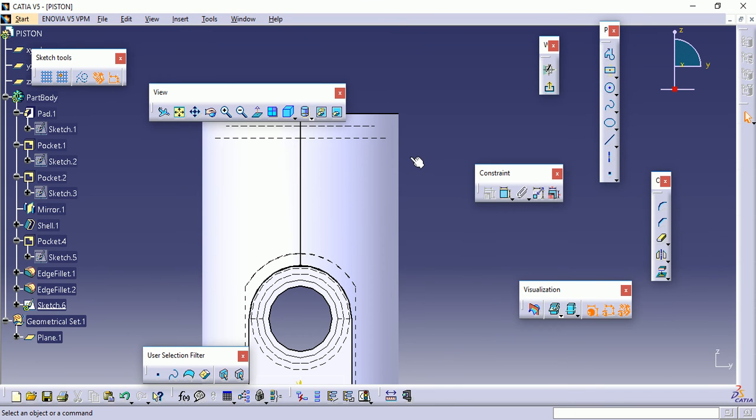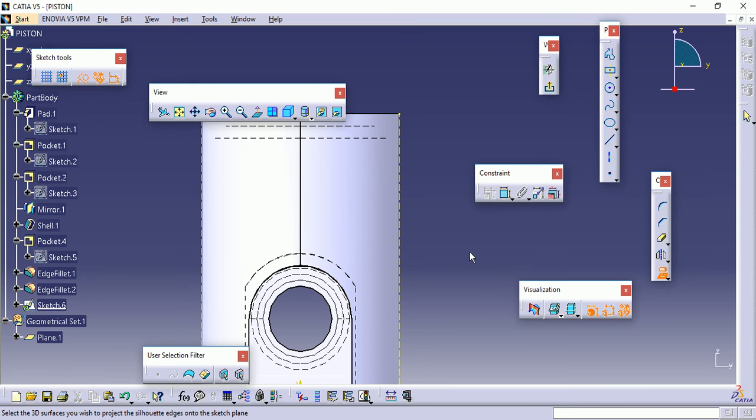Now again, as per the design, I want that the edges of the profile should coincide automatically while drawing with this edge. Now we have learned before that for doing so we create projections, but if we are working on a cylindrical edge, then we have to choose a different kind of projection, that is called project 3D silhouette edges.